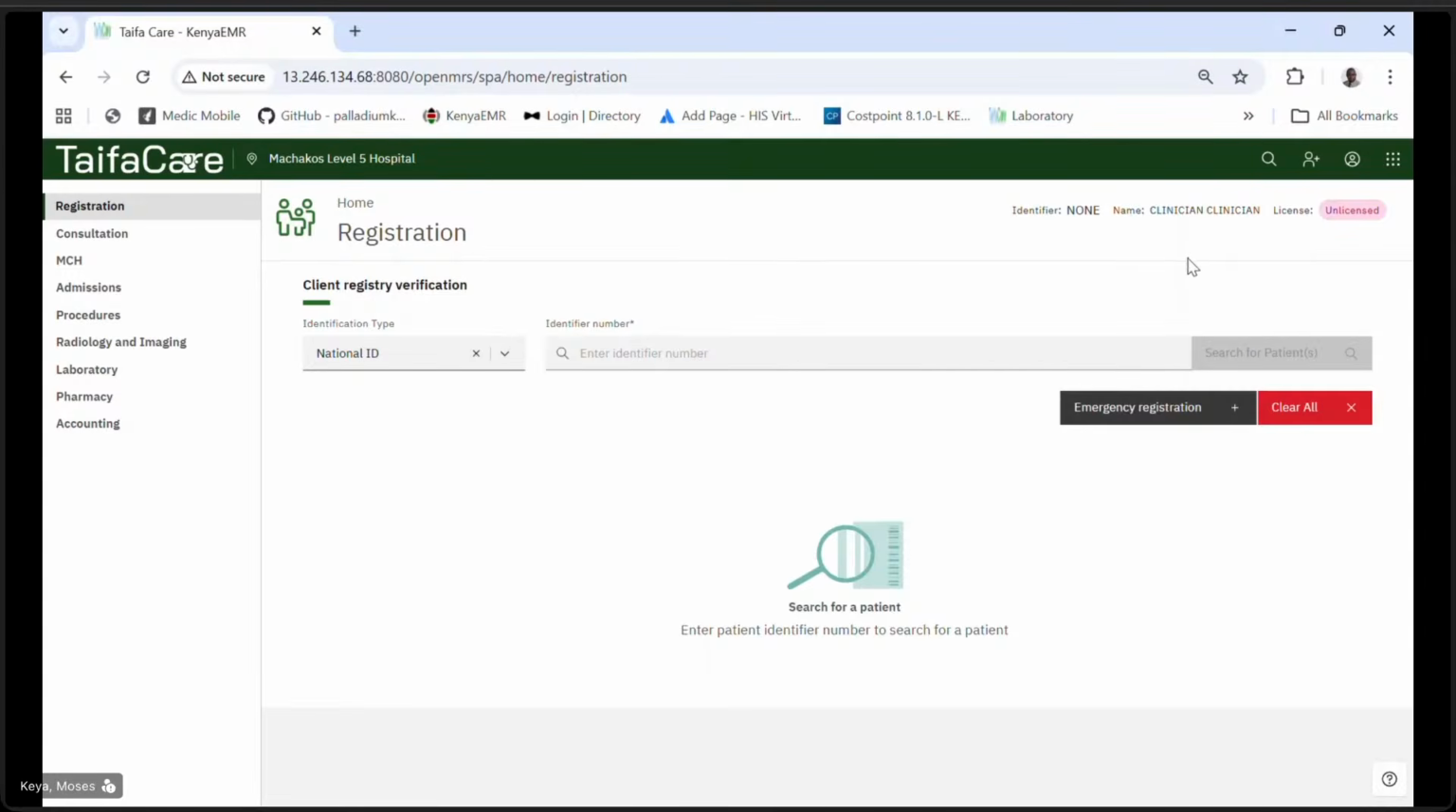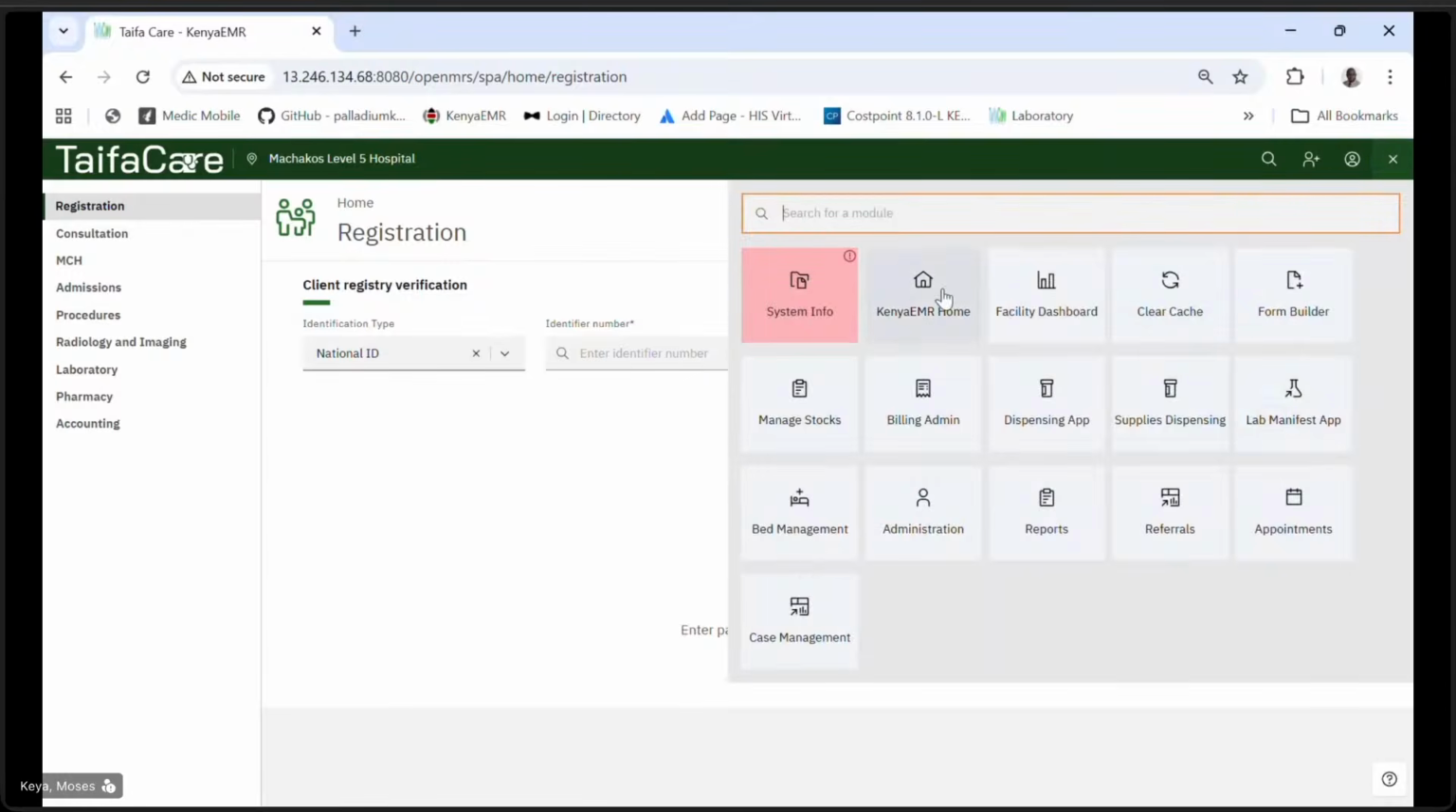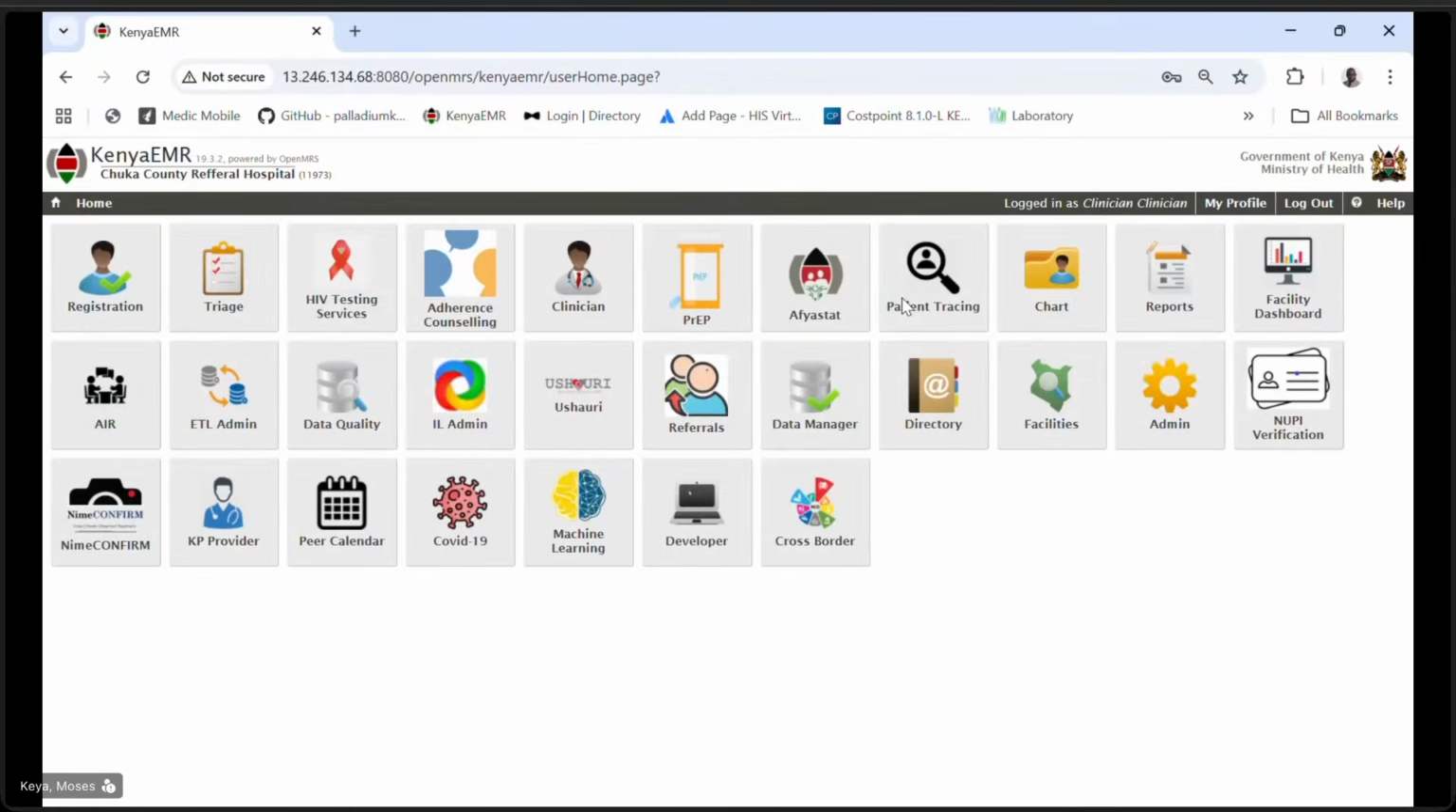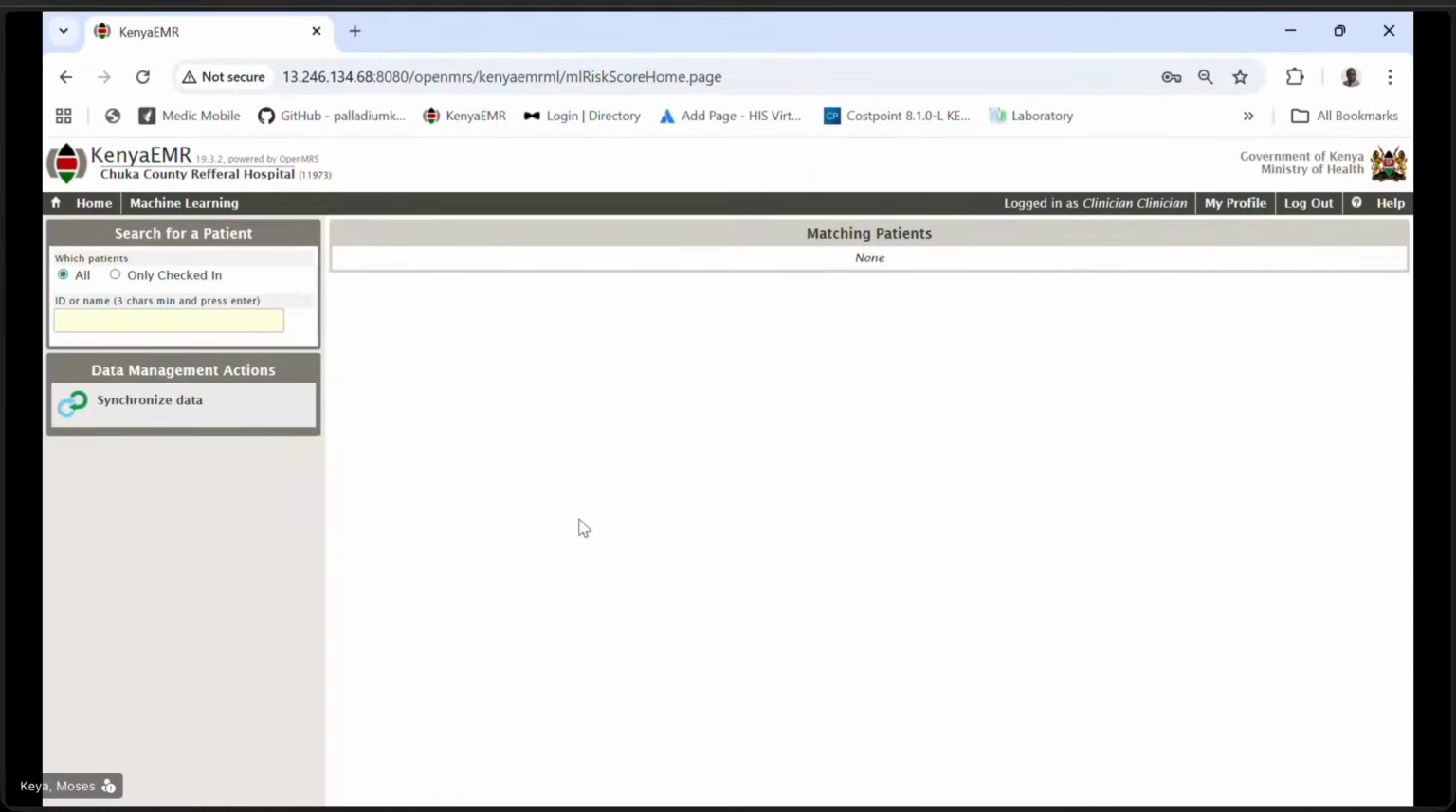So allow me to quickly take you to what we have in Kenya EMR, and I'll go to the Kenya EMR modules, which is usually found on the top left corner of your screen if you are a frequent user of the system. When you click there, I'll go to Kenya EMR Home. And then machine learning is one of the tiles available, usually denoted by something like a brain, I think. So machine learning,